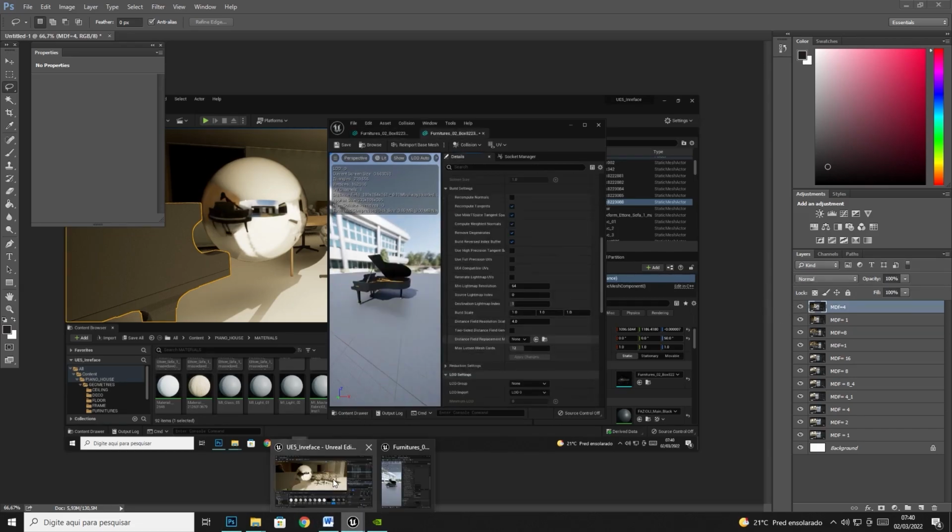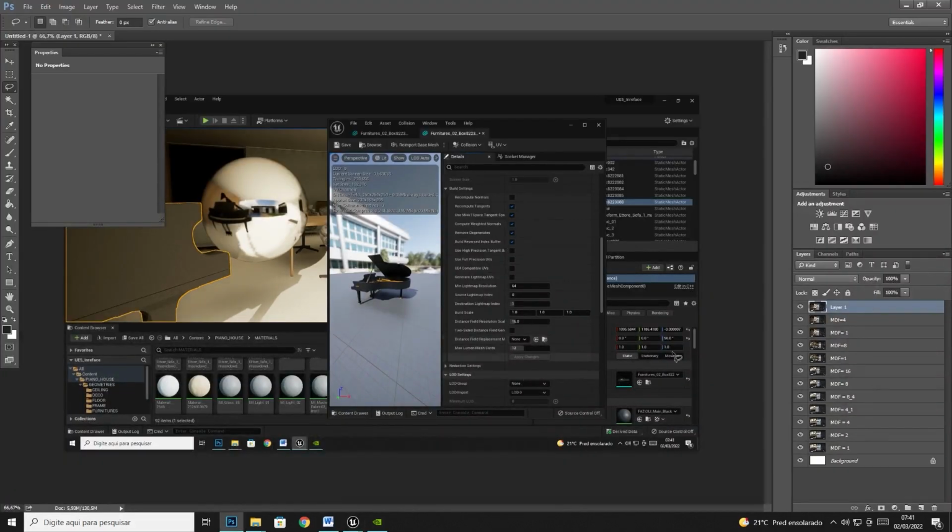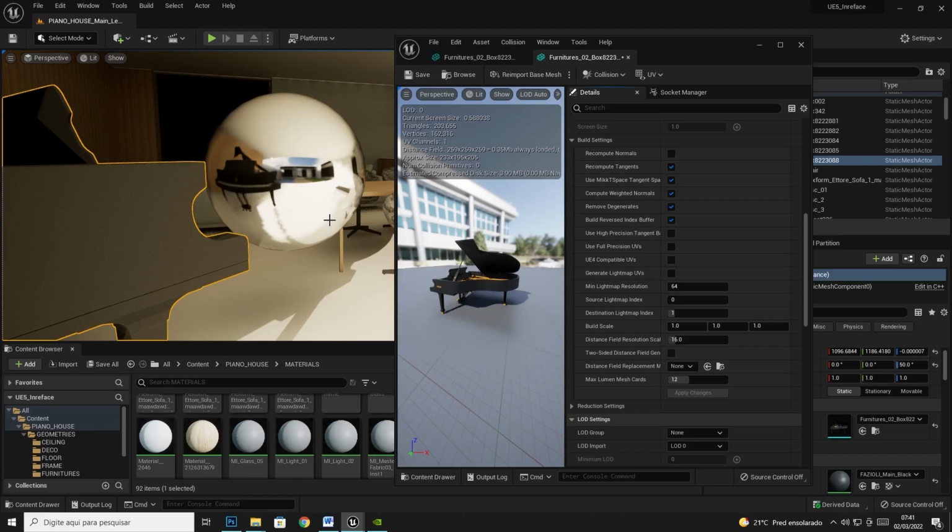Look. Let's try 16. Apply it. Processing. Cool. We have more definition now. Print screen. Mesh distance field is equal to 16. Before and after. Look, it's better. Cool. This way, you can optimize the mesh distance field of your models, okay,